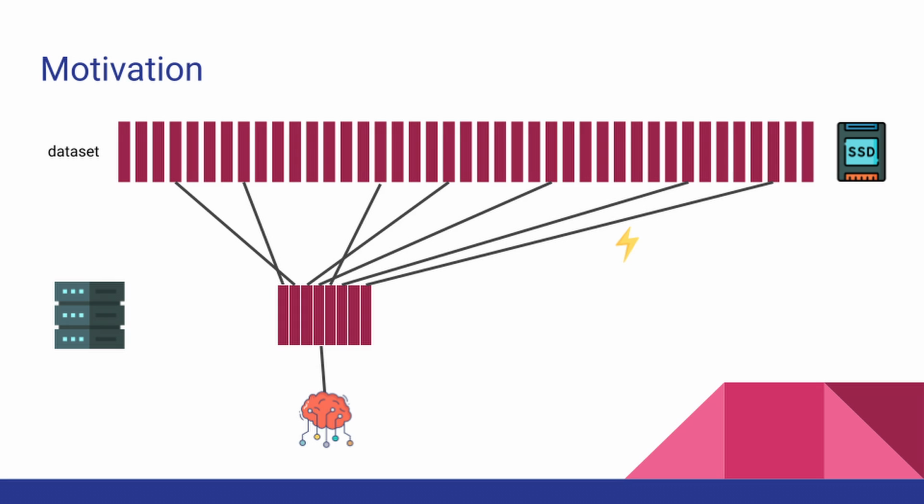Before I dive into the details of the framework, I want to explain how deep learning is usually done. We take as input a dataset, which is a collection of small samples, and at each iteration of our training, we collect a random subset of these training points. In most applications, SSDs are used to store each of these files, and therefore collecting them individually doesn't cause any